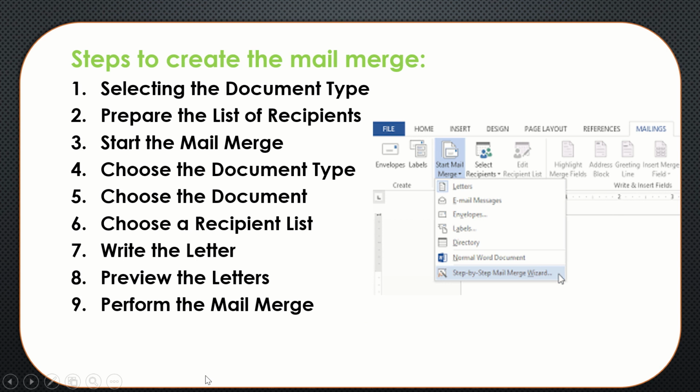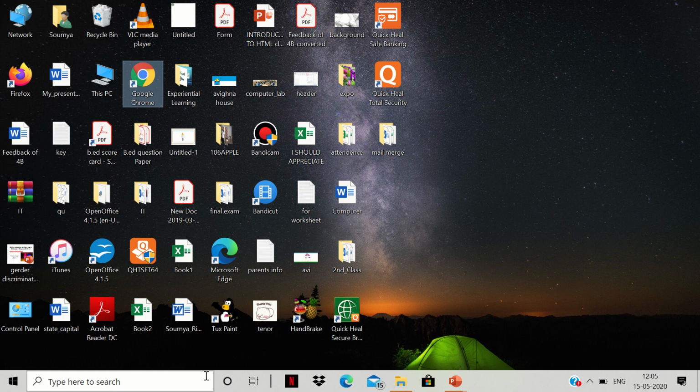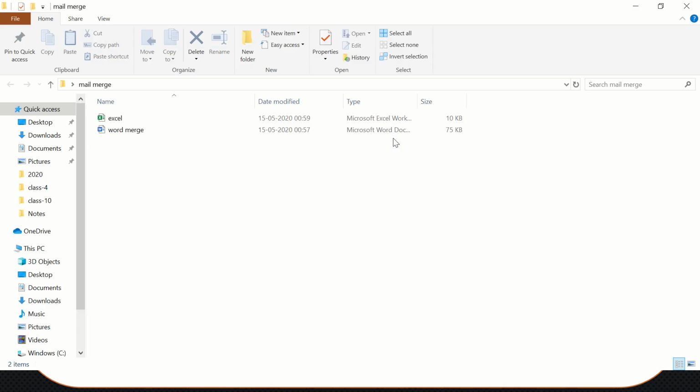So let me go to the desktop. Now on the desktop you can see a mail merge folder I have created. The same way you will also create the folder so that you will not get confused. In that folder I have made two files.